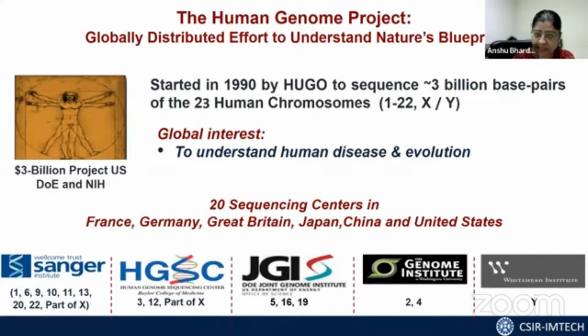Why were we interested in sequencing? Simple reason: to understand human disease and evolution. If you can compare the genome sequence of somebody who is diseased versus somebody who is normal, the anticipation was that we would be able to understand diseases better at a molecular level. And if you can understand something better, it is easier to treat it. As the previous speaker was referring to a large number of methods for this kind of data analysis, the objective is very clear, that you need to understand human disease and evolution. And that is why an intense amount of effort was put into place. But this was only a project where you were trying to understand and standardize the technology.